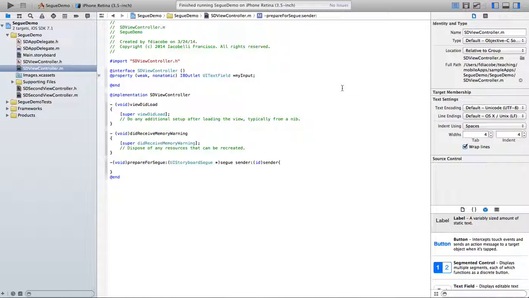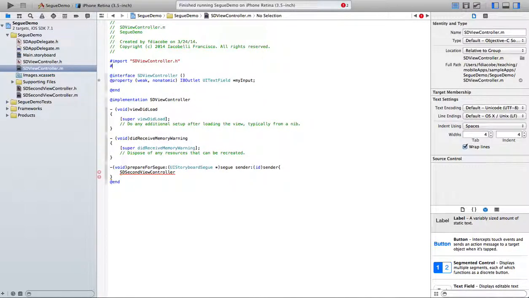So what I will do is this, SD second view controller, oops, is not highlighting it. Therefore I need to import it. Import SD second view controller. Now we're good. SD second view controller star, let's call it next screen,